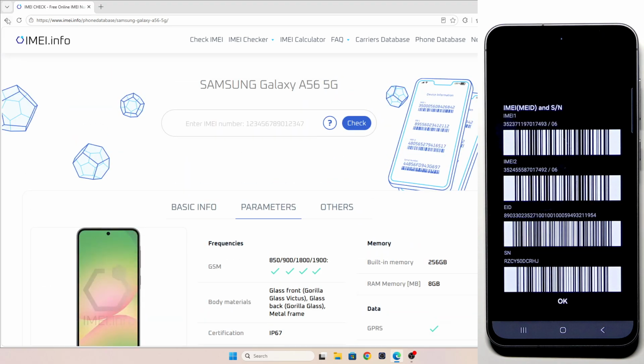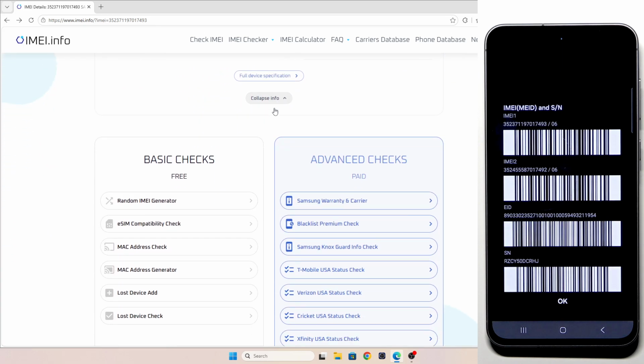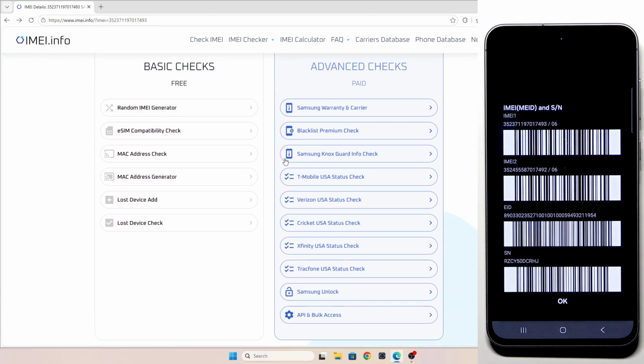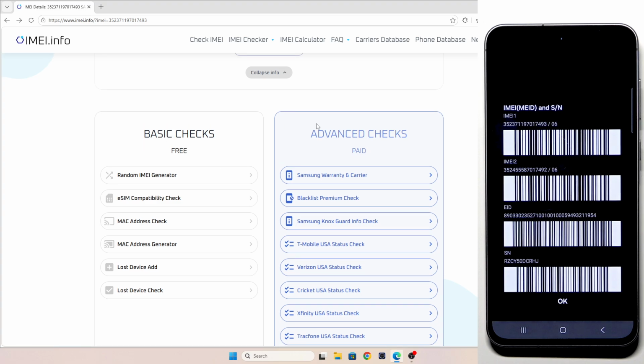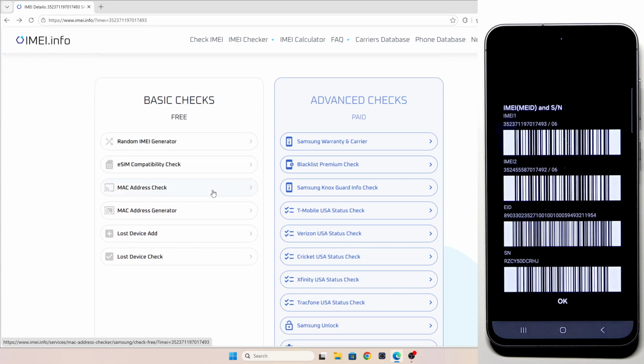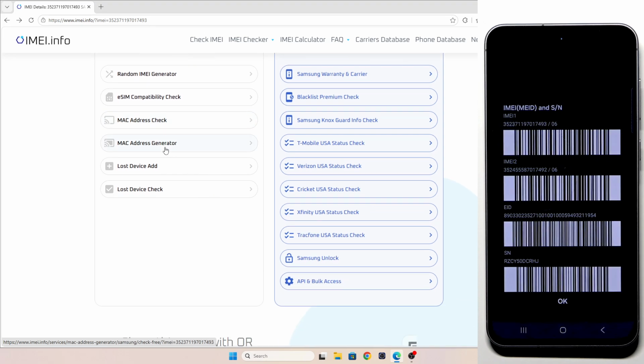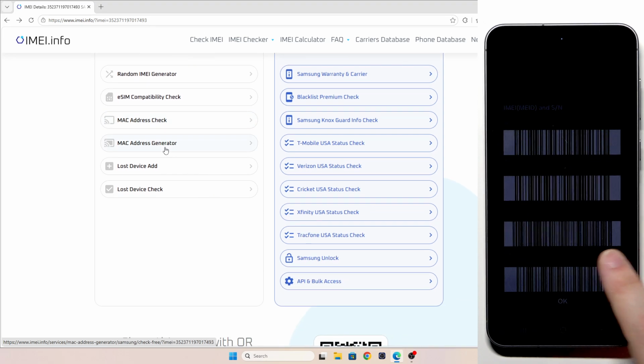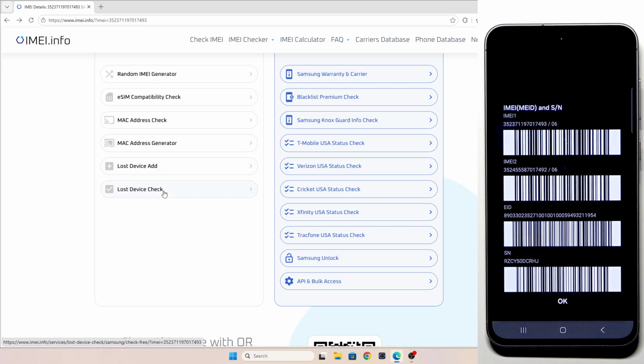Okay, but let's go back. As we keep scrolling down, we have the basic checks and the advanced checks. Basic checks are completely for free, but when it comes to the advanced one, you need to pay for them. For basic checks, we have the random IMEI generator, the eSIM compatibility check, we can check our MAC address, we can generate random MAC address, we can add our device to the lost database, and we can perform the check